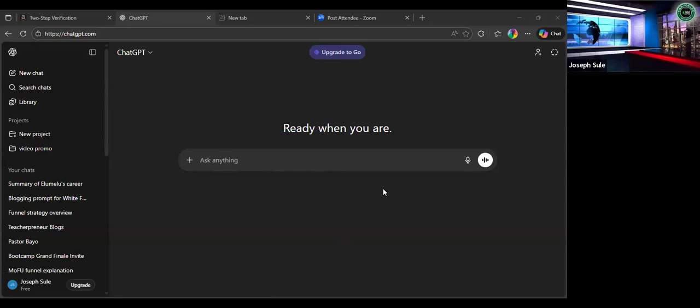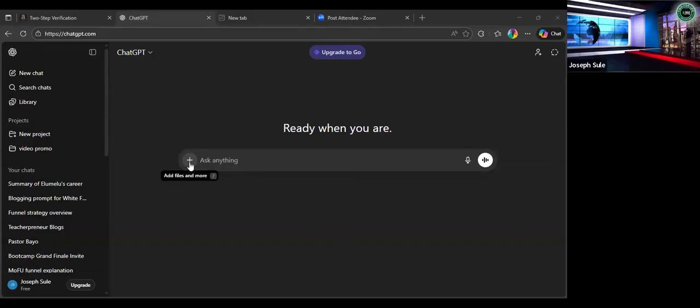Okay, this is my ChatGPT screen. And all I had to do, you see this plus button on ChatGPT, right? If you remember the trainings we have had previously, we explained that this button allows you to upload almost anything to ChatGPT.